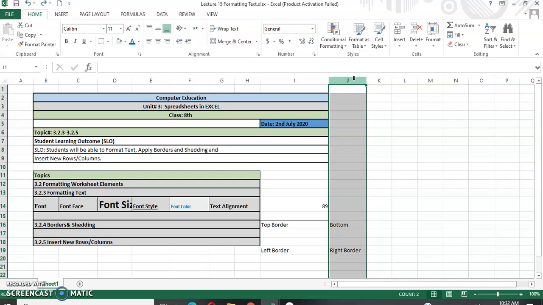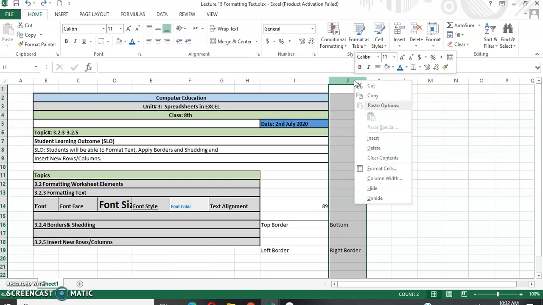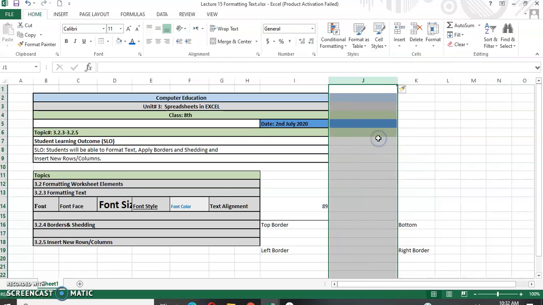We have selected the J column. Now right click, insert, and now you can see that the content is shifted towards the right. It means your current column is shifted to the right and a blank column is inserted at that place. Hopefully you understood how to insert a blank row and column in an MS Excel spreadsheet. Clear? If you still have any problem, you can ask. I'm here to support you.